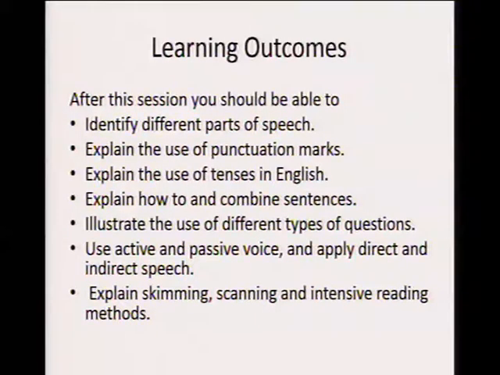Okay, we are now going to move on to learning outcomes. These are the learning outcomes for this particular module, which is Communication A. After this session, you should be able to identify different parts of speech, explain the use of punctuation marks, explain how to combine sentences, illustrate the use of different types of questions, use active and passive voice, and apply direct and indirect speech.